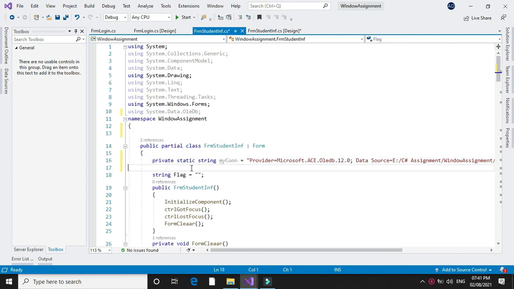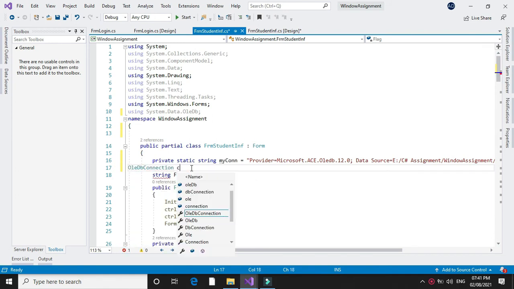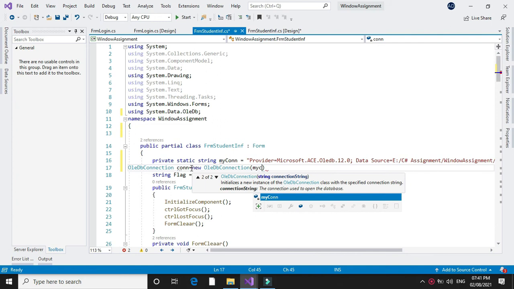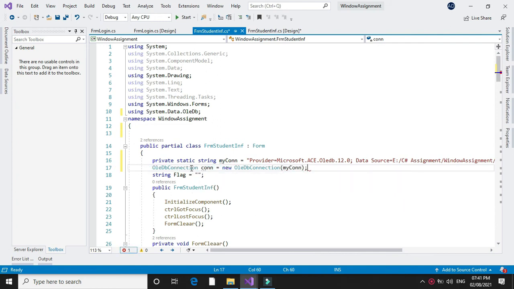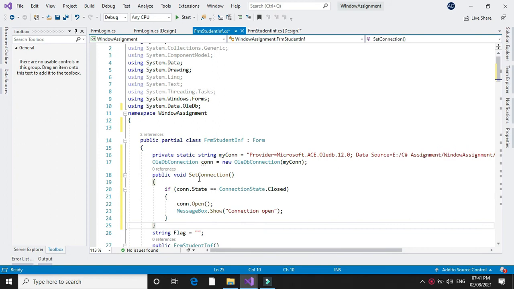Then we will create the object for our connection, OleDbConnection equal to new OleDbConnection for my connection string, and we will write a method SQL connect. Here we have written a connection method, set connection, in which we will check if the connection state is closed, the connection will be open.